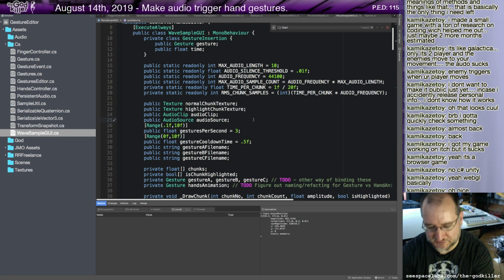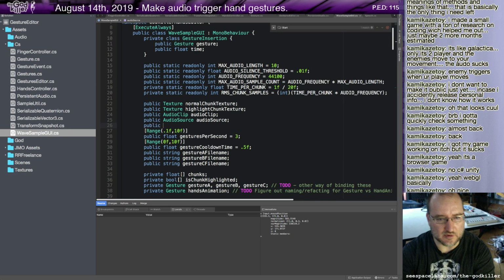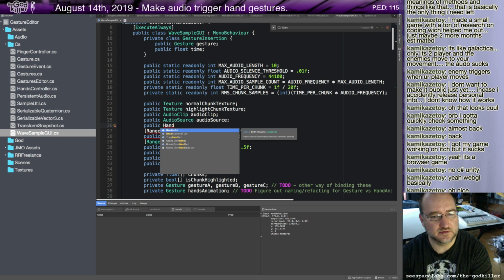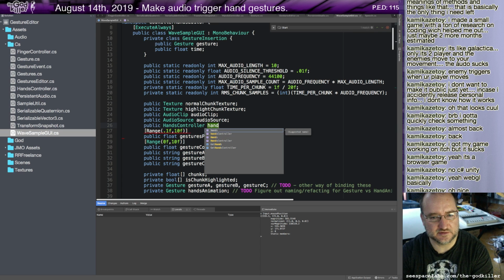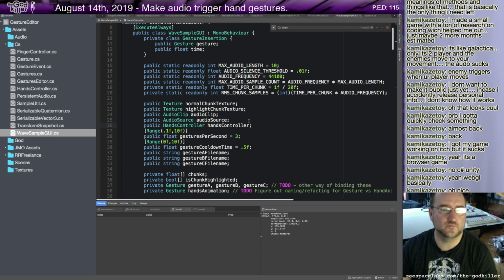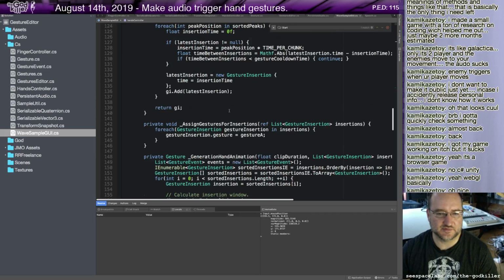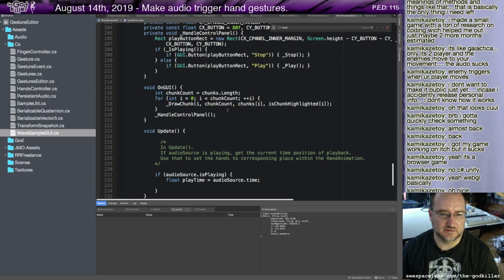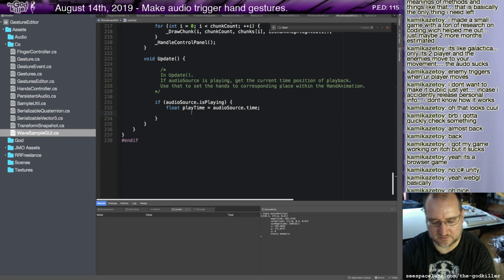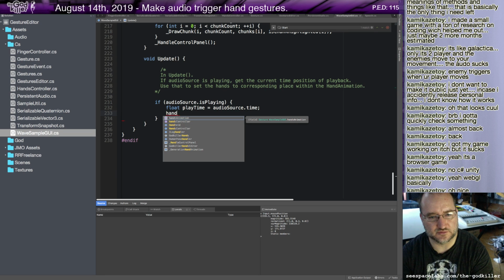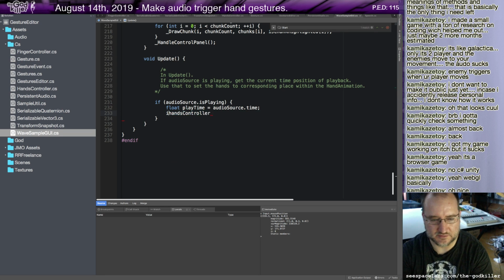That's a nice extendable way to set that. So if that's the case, hands controller, say if hands controller is not equal to